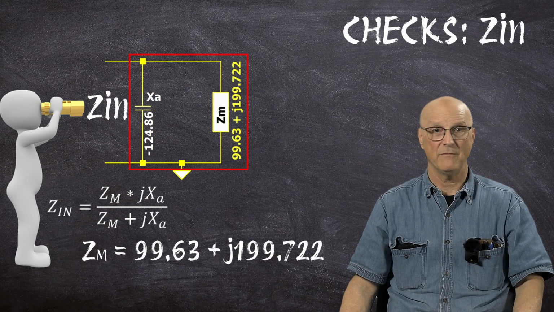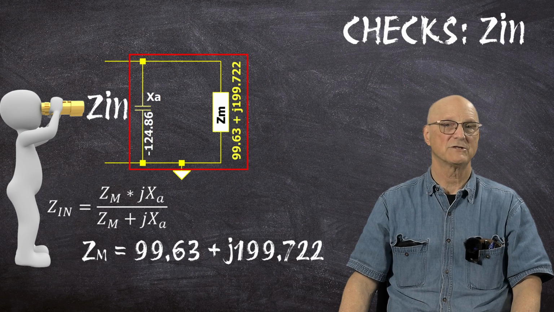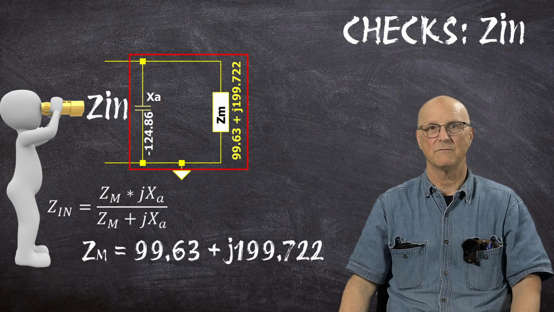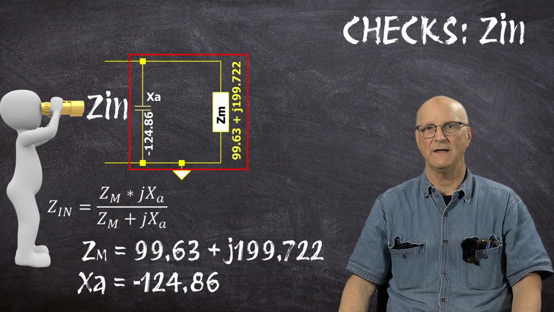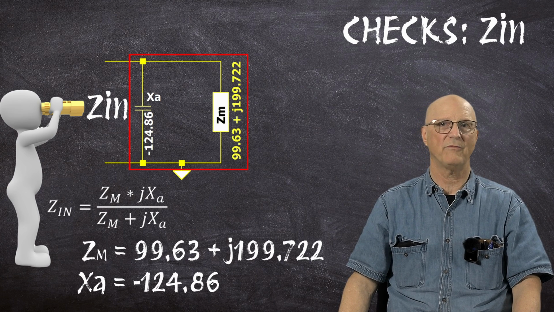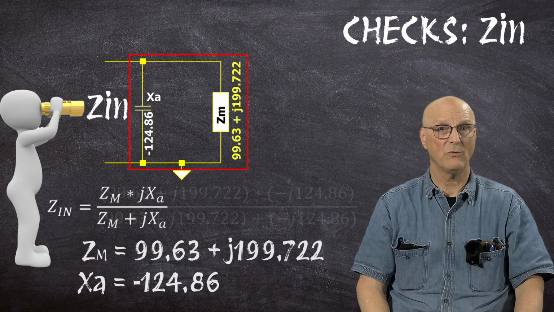And Zm is equal to 99.63 plus j199.722, and XA is equal to a negative 124.86, which means that our input impedance is equal to